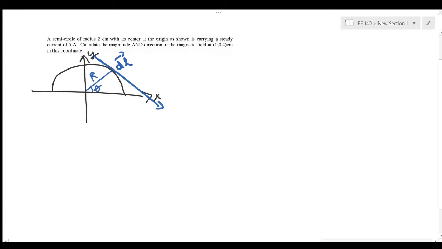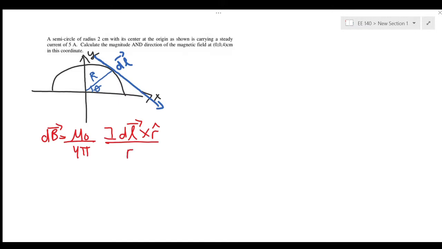So we're going to be using Biot-Savart's law to find the magnetic field. So that's dB equals mu naught over 4 pi, I dl cross r hat over r squared. So first we're going to find